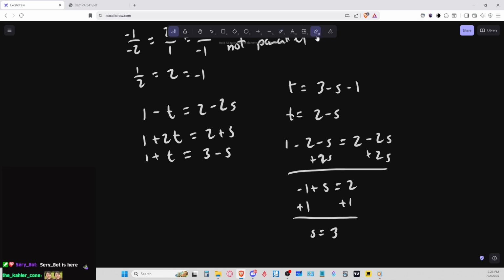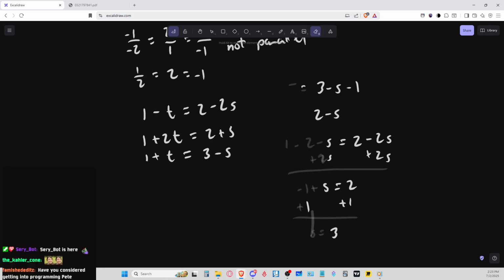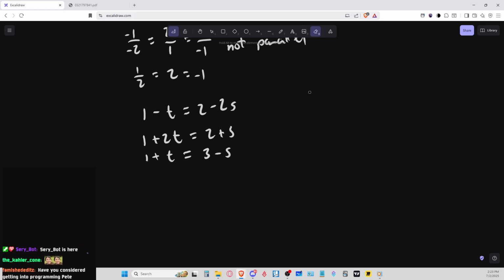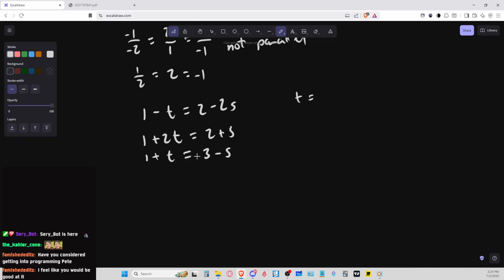No, I feel like I'm doing this with the wrong approach, because it's supposed to be solved as a system of equations. So I think I have to write this. The first step we did was that we made t equal basically 2 minus s, which I think we could do. Now the thing is that